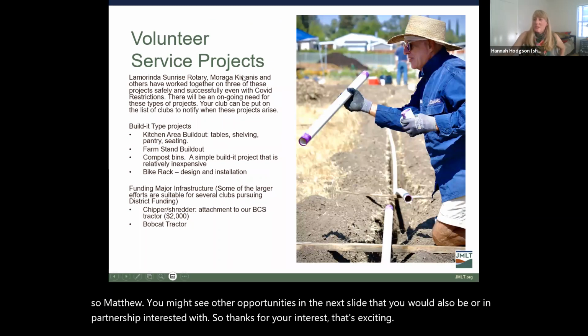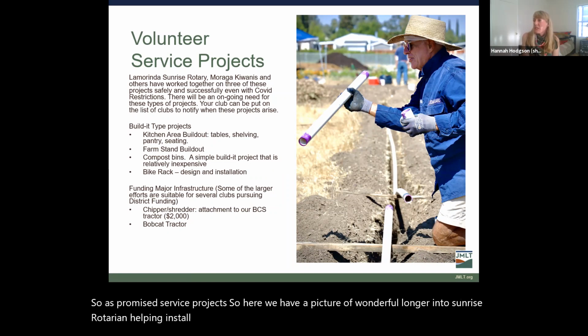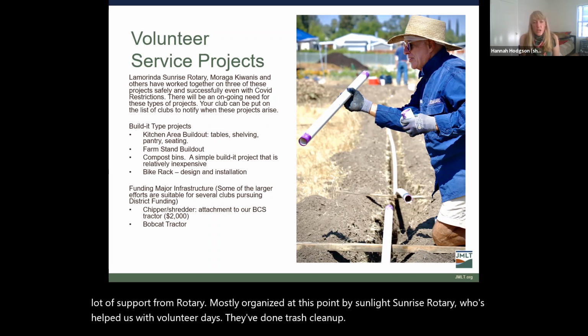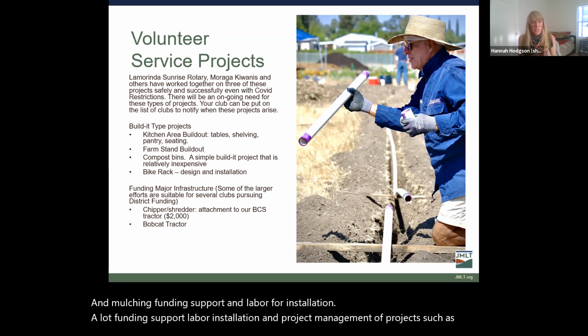So as promised, service projects. Here we have a picture of a wonderful Long Run to Sunrise Rotarian helping install our newest piece of irrigation out on the farm. We've received a lot of support from Rotary, mostly organized at this point by Sunrise Rotary, who's helped us with volunteer days. They've done trash cleanup and mulching, funding support, and labor for installation. They've done a lot: funding support, labor, installation, and project management of projects such as irrigation, our greenhouse, which you'll see a photo of,